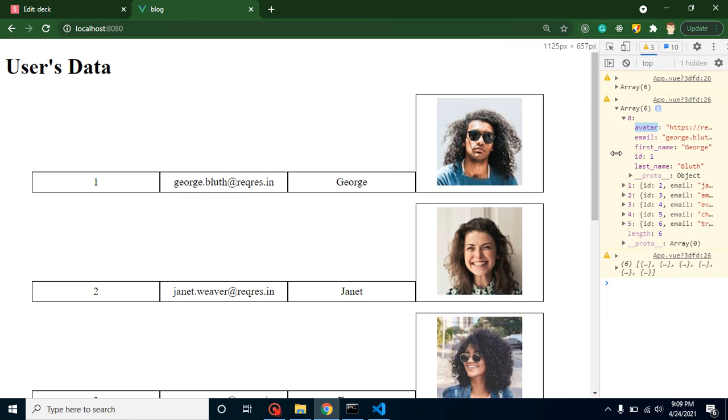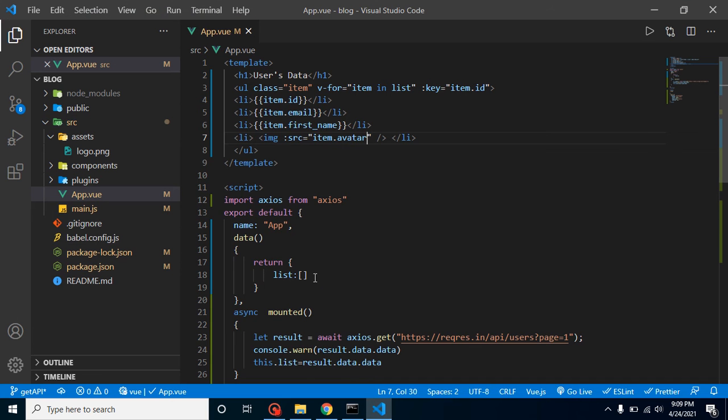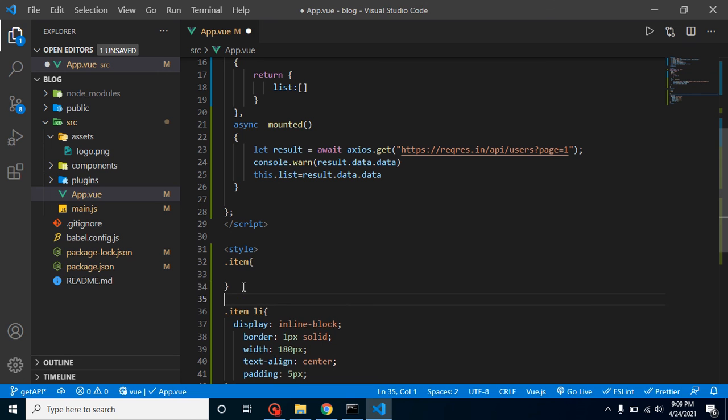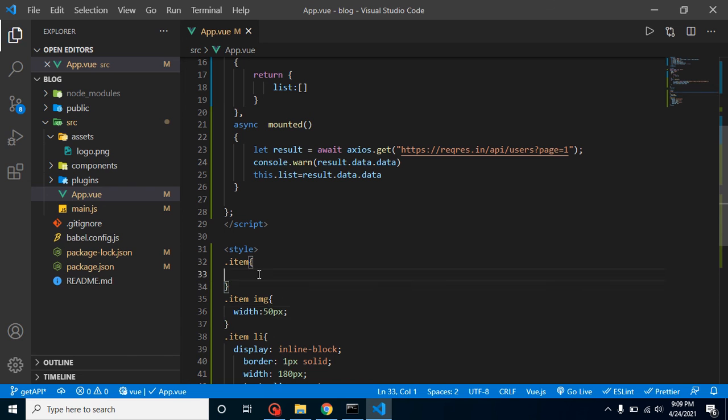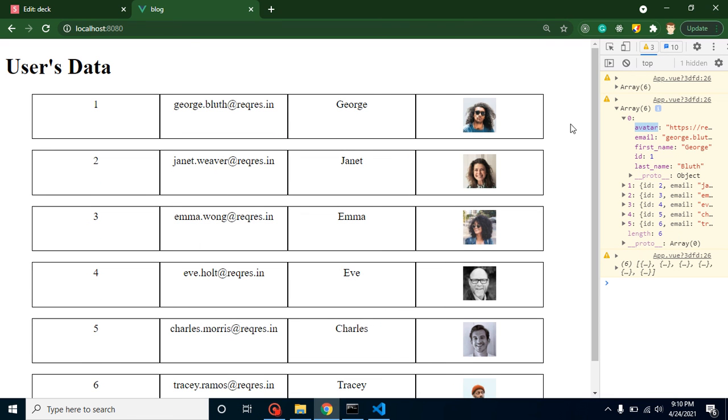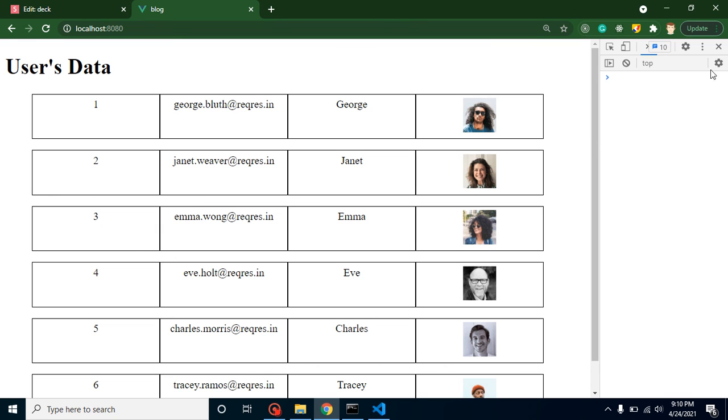This is not looking good actually. You can see that the image width is really big, and this is not in the proper ratio either. So what we can do here, we can again take dot item image, and let's apply a width of around 50 pixels or something. And let's see, now this is much better than the last one, but still not fine. So now just simply put here display flex, and it will automatically adjust the width and height of all the lists. So with that, we can show a proper list.